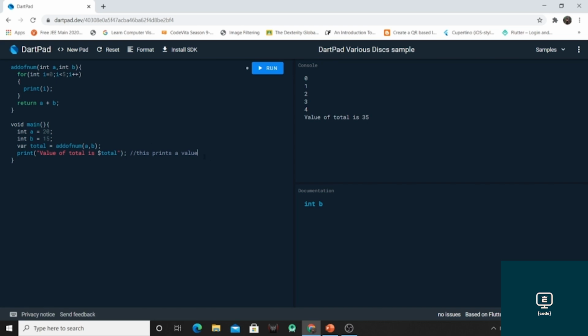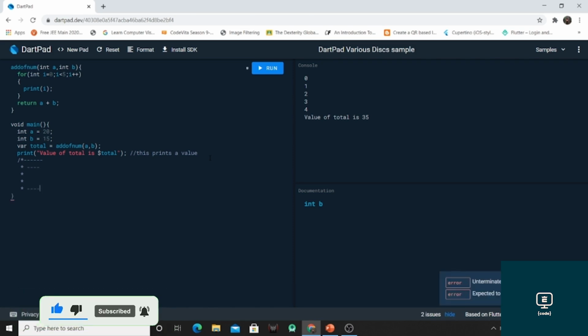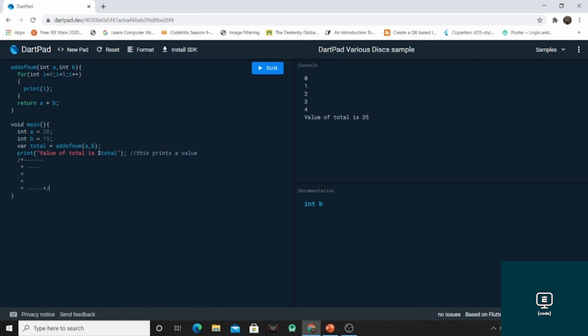Or we can use multi-line comment, which is slash star and star slash. So this is multi-line comment. And the third one is documentation comment, which can be implemented using triple slash. So these three types of comments are available in Dart.